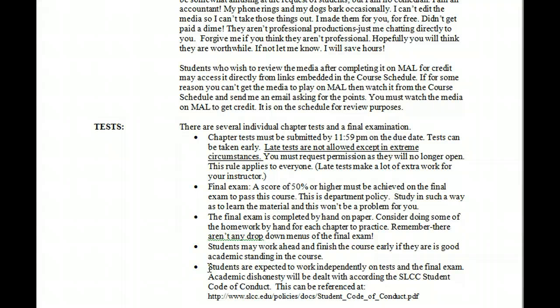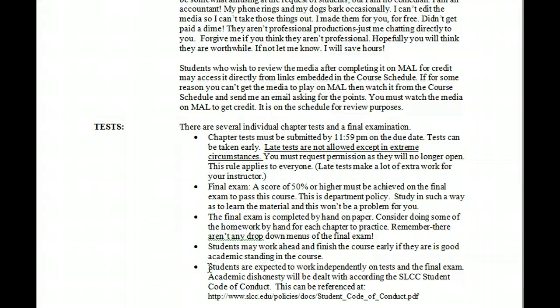Don't blow off your homework, or the highest grade you can get in the class is a B minus, 80%. Don't blow off the media. That moves you from an 80 to a 75. That means you'd have to do really well on the tests and final, and I can't see that happening if you haven't practiced along the way. So not all points are equal.